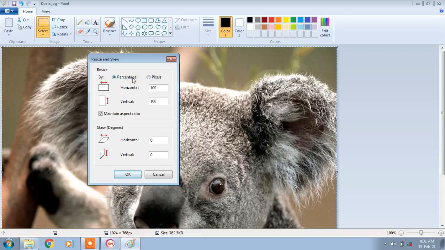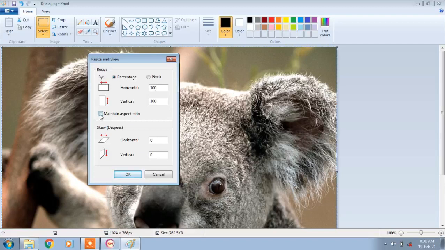I'll select percentage, as I want to reduce the size. If you want to enter the same values for both horizontal and vertical, keep this checkbox checked. If you remove the check, then in the horizontal and vertical boxes you can enter different values.